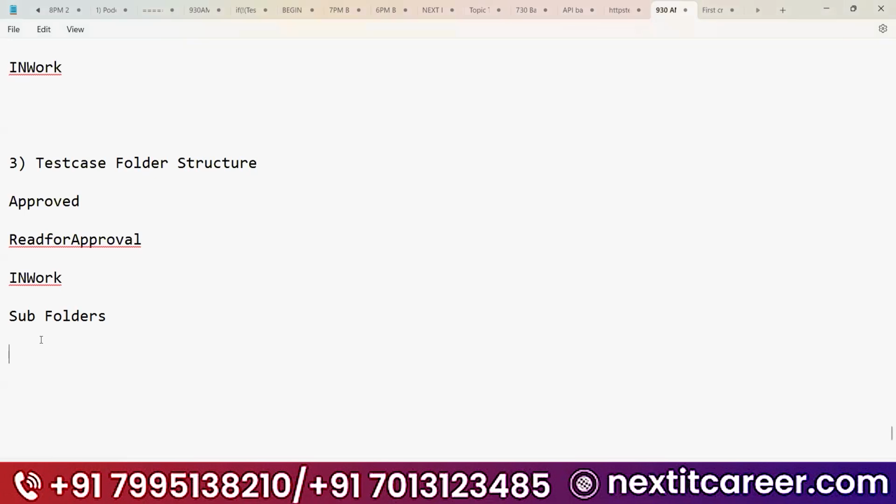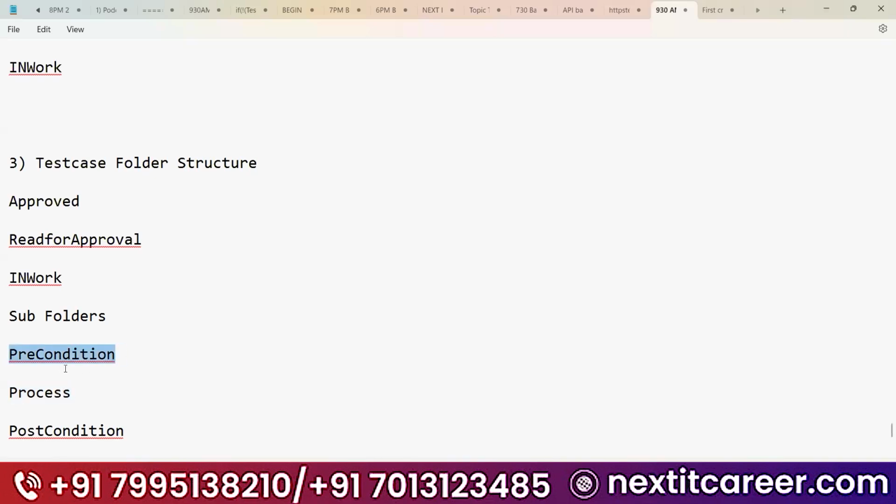Observe this one. Generally for any test case, we will have 3 different parts: one is precondition, second is process, and third is post condition, right? Every test case will have some preconditions and some post conditions.